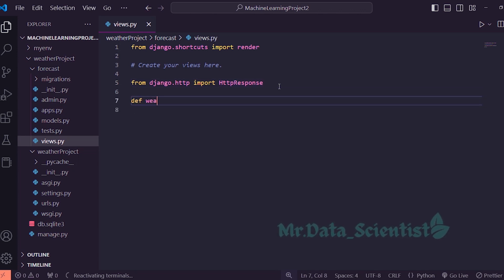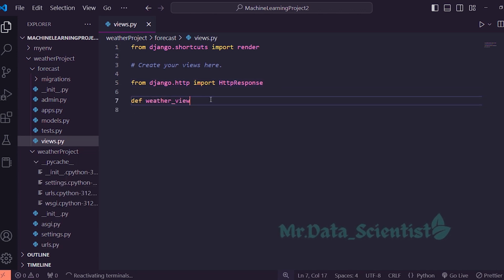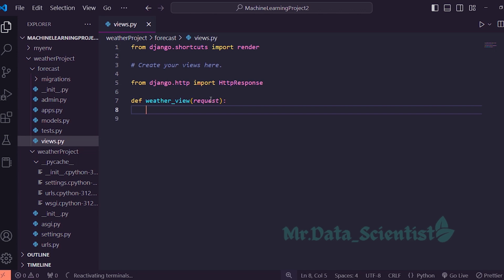Next, define a new function called weatherView. This function will handle requests to our app. The request parameter represents the HTTP request sent by the user, containing information like form data, query parameters, and more. Next, type